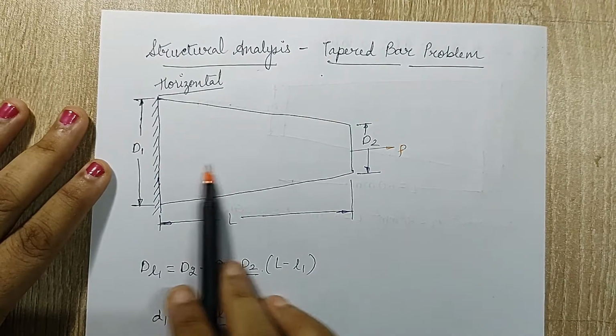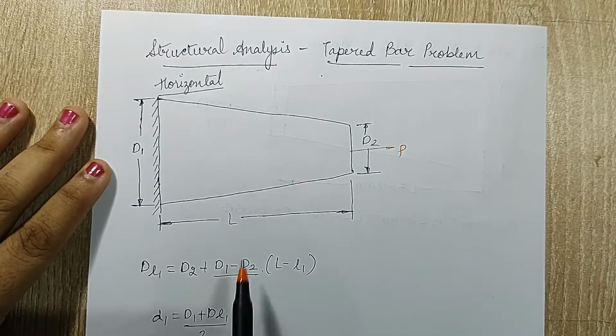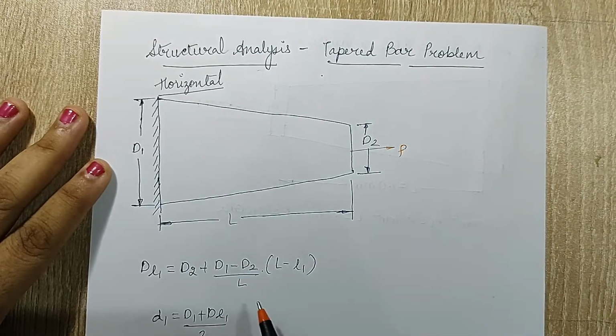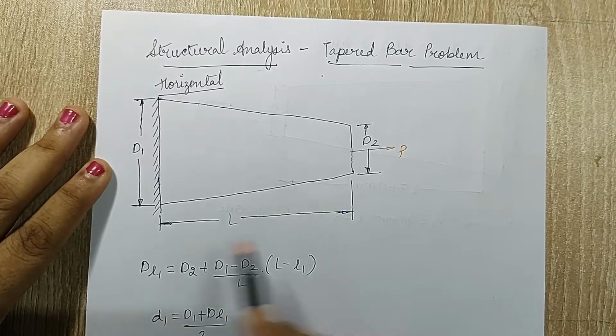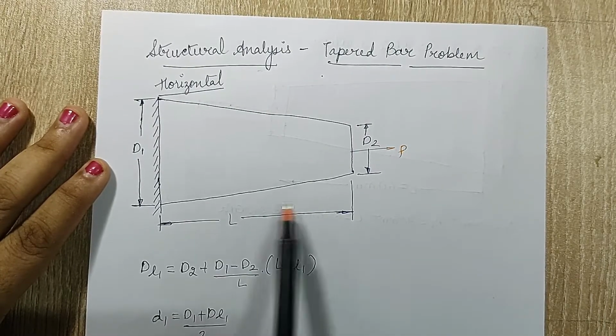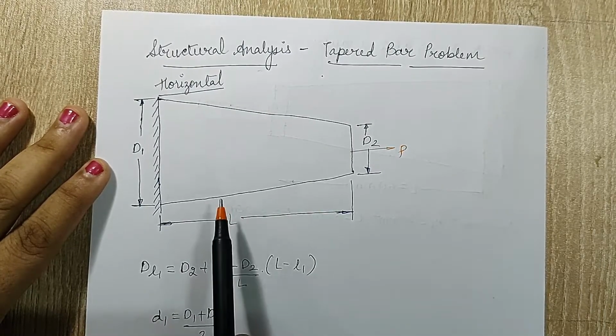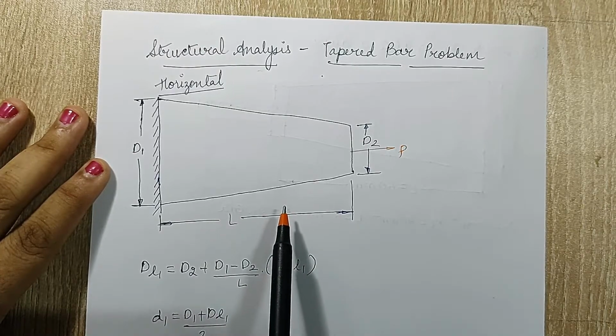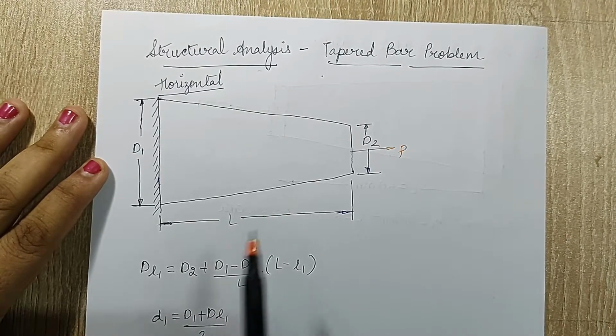Now there will be deformation in this bar when you are solving by strength of materials method, which is structural analysis. It is very simple because there is a formula for delta L, that is elongation in the bar. So you can easily calculate the elongation and you can get the answer. But when you are talking about FEA, it cannot be directly solved. So I need to convert this tapered bar into some other form, which is going to be my step bar.